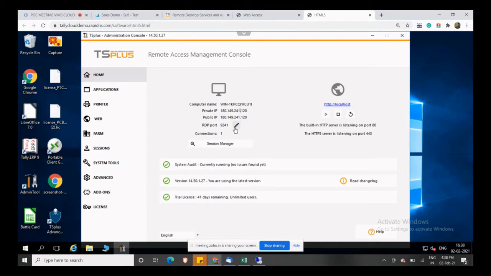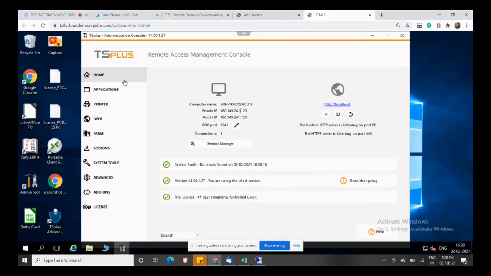If you are accessing TS Plus via web browser, the port would be different, and you can block the port for RDP. If you are accessing via web browser, the protocol would be different. It is HTTPS, and as you can see here, the port detail is 443.